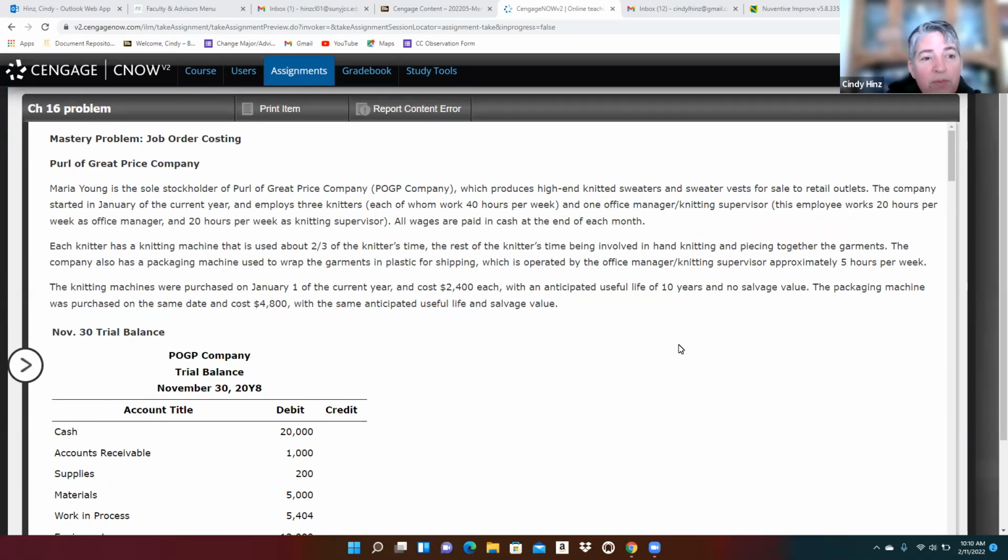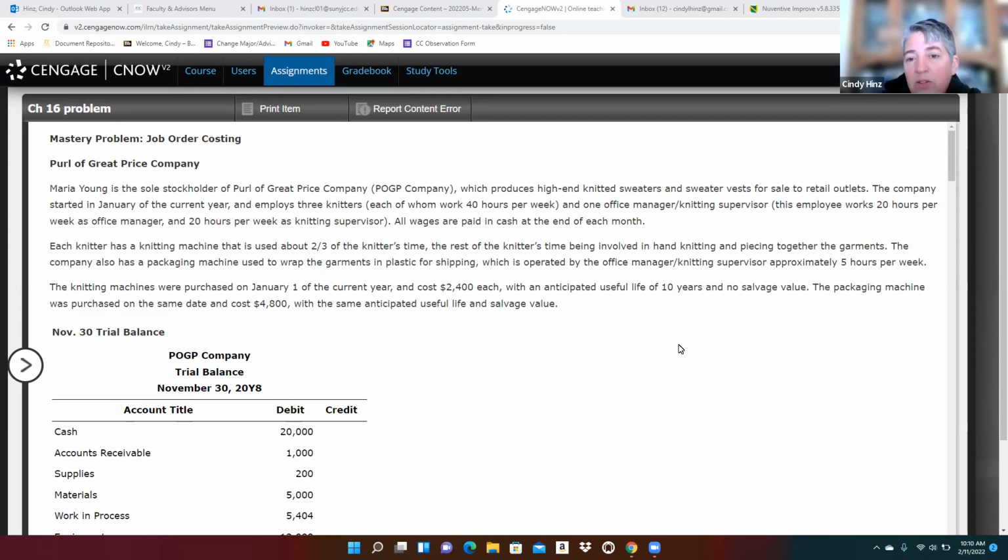So this is the Pearl of Great Price Company, and Maria Young is the sole stockholder. They produce knitted sweaters and sweater vests for sale. And they have 3 employees who are direct labor, 3 knitters. And then they have 1 administrative position, an office manager, and half of her salary